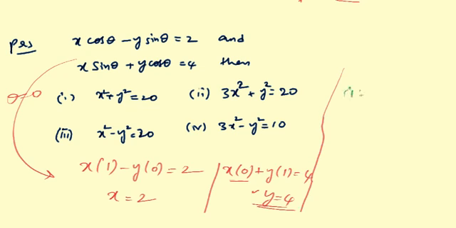What is given in the first option? x square plus y square. So I am putting these values in the options. In the first option, x square means 2 square and y square means 4 square. So this is nothing but 4 plus 16, and the answer is 20. So the first option is our answer, friends. This is how we need to solve the problem. Then go to the next thing.